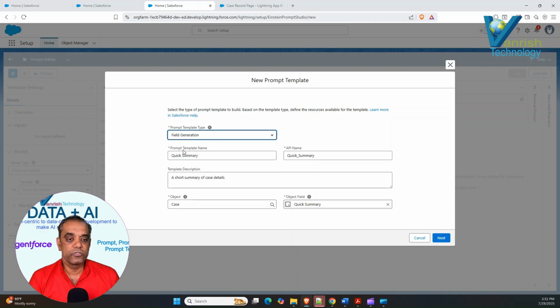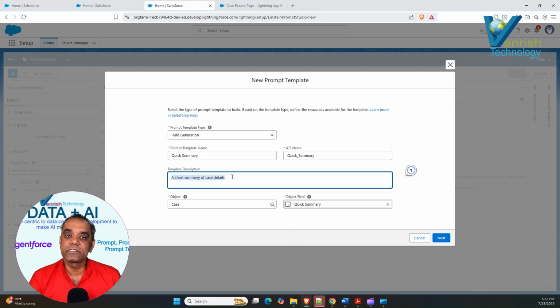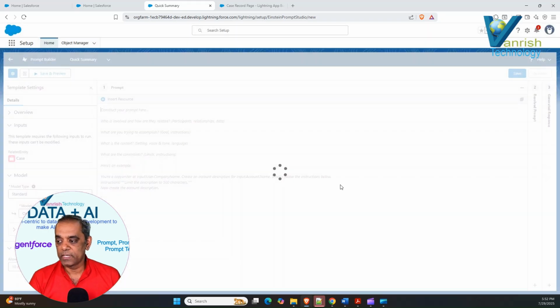So as soon as you click field generation, you can put your name, whatever is relevant for your project, and by default it will pick the API name from the name you give. You can change this API name based on your requirement. Now give the description which is relevant for this template, and make sure you will not forget it, you can find this description later. And what object you are associating with this field generation, I'm currently associating with the case object, and the field name is quick summary. As soon as I click next,